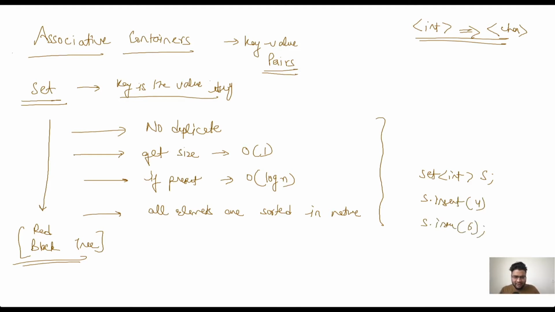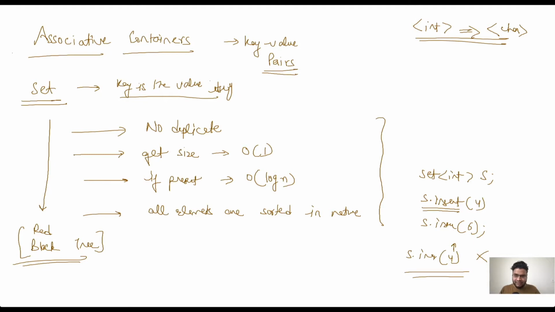After which, if I call s.insert(4) again, this 4 will not be accepted inside the container because the value 4 is already present. And how is it mapping the value? The value is the key itself, right? So 4 is the key, 4 is the value. We check if 4 as a key is present inside the set or not, and it is present. That's why set will only take unique values, right? Set will not have a push_back kind of thing because we have to insert the element here.